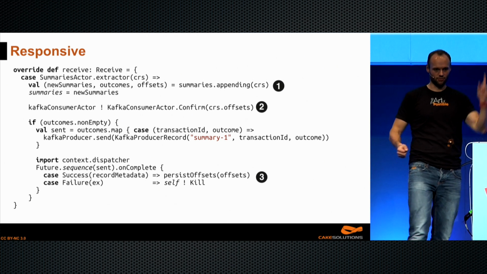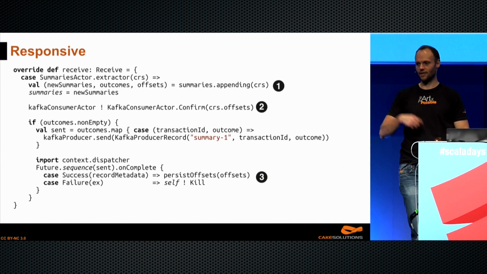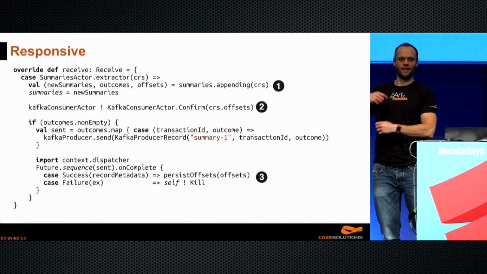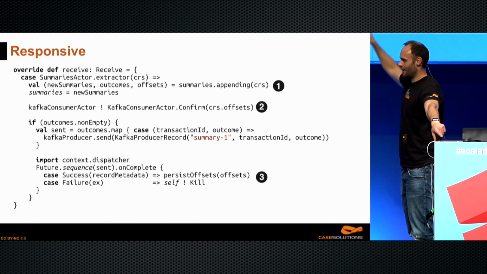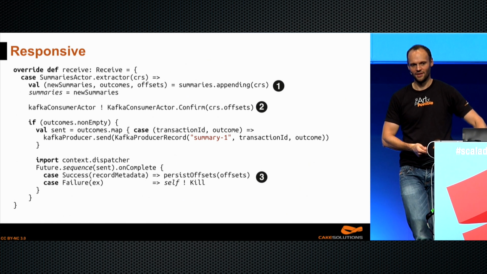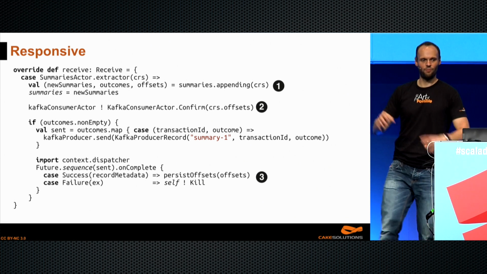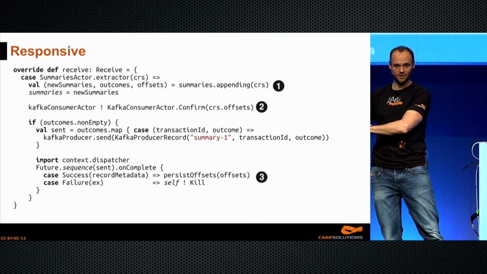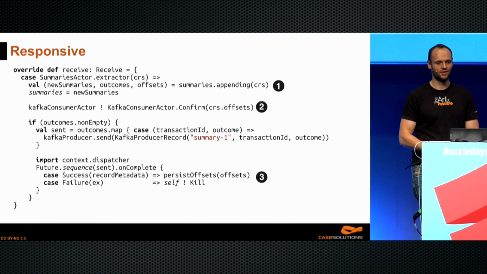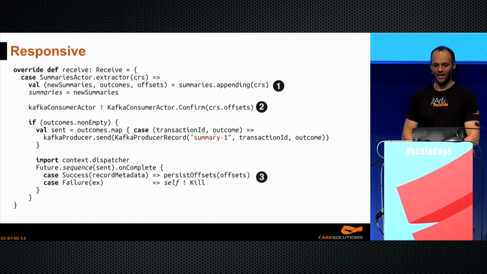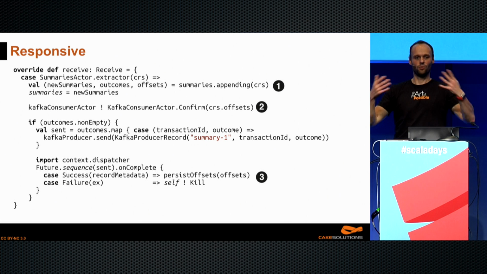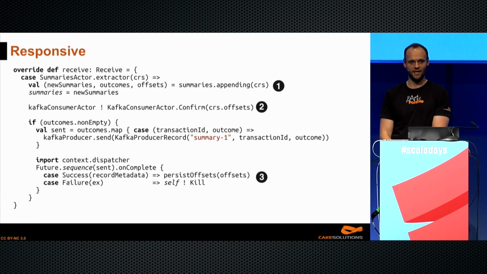When we send the outcomes, that's line number 3, right? We will then take all the values that we want to send, all the messages that we want to produce. When it works, so that's line 3, persist offsets, we have produced them, we have received confirmation from the topic that we have put the messages to that, yay, they are delivered. At that point, we write stuff to our own offset storage. If it didn't work, it's self-kill, right? So we want to trigger our supervision strategy.